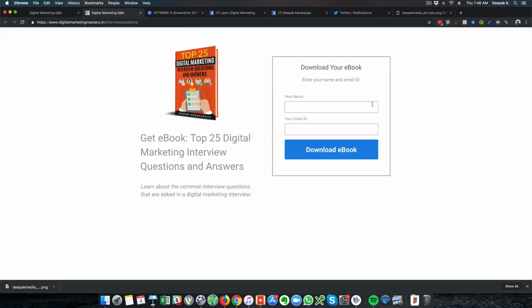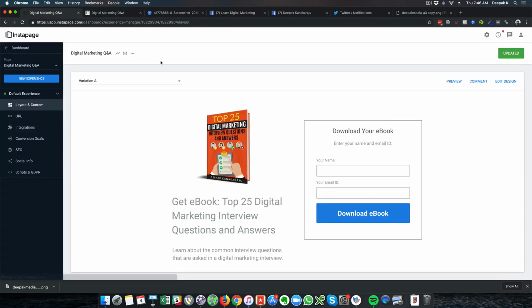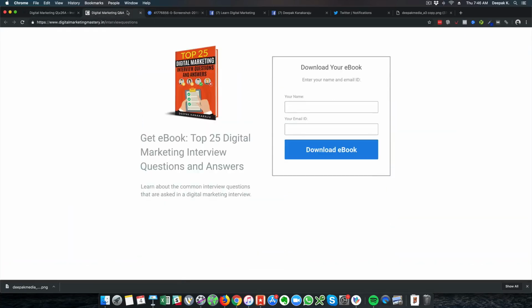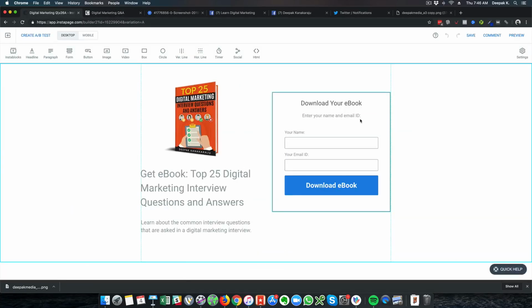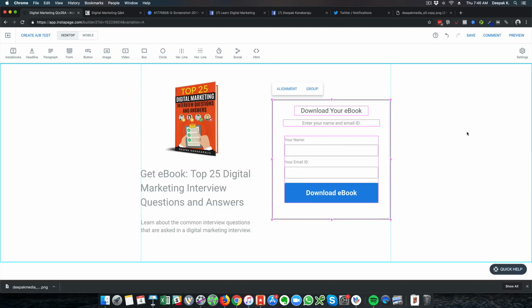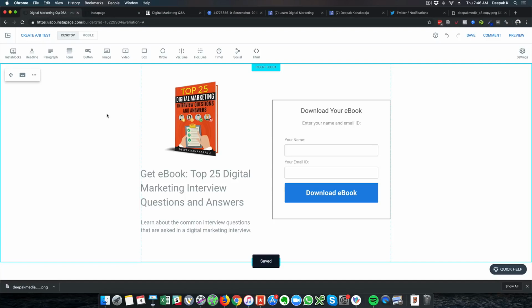So let me just pull this down a little bit. I think it might look a little bit better with the way the landing page has been built, or not. So a little bit I could pull it down. I have to select all the elements here and pull it down a little bit so it's centered. So click on preview, or just go back and save the page.